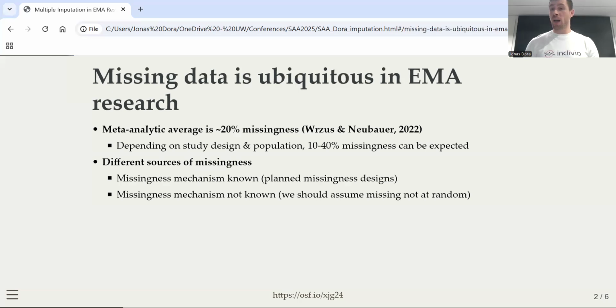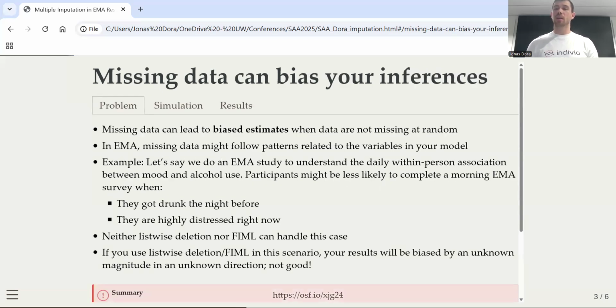Either you know why your data are missing, and then they are typically missing completely at random, and of course that missingness can be safely ignored, or you don't know why the data are missing, and then we should assume that the data are missing not at random, because that's plausible and most conservative. And of course, we always have missing data in our study where we don't know why the data are missing. The problem is that when data are missing not at random, this can lead to biased estimates, even when using full information maximum likelihood, which is the default setting in most mixed effects modeling software.